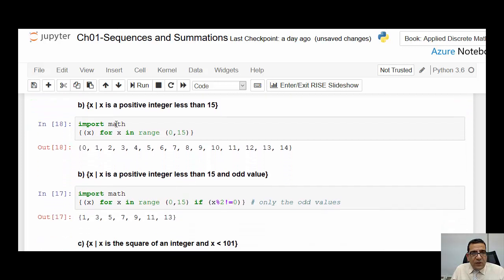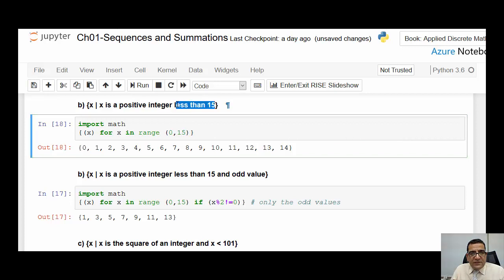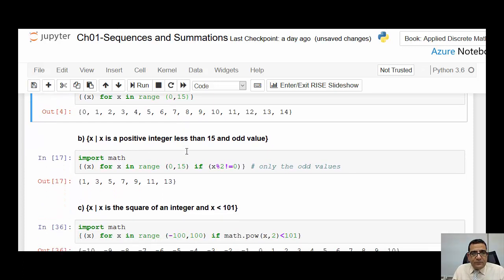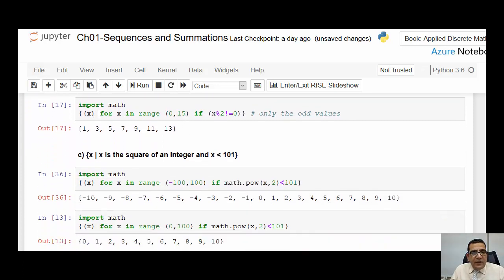Okay, here in this example we would like to find the x values, given that x is a positive integer and less than 15. Here, as we see, is the x value for x in the range 0 up to 15, so less than 15, so it will reach 14, as we see here. Okay, we want to find the x value for x in range 0 up to 15, and if x modulus 2 is not equal to 0, which means that I'm looking for the odd values here. Okay, so starting from 0 up to 14, it will be 1, 3, 5, 7, 9, 11,